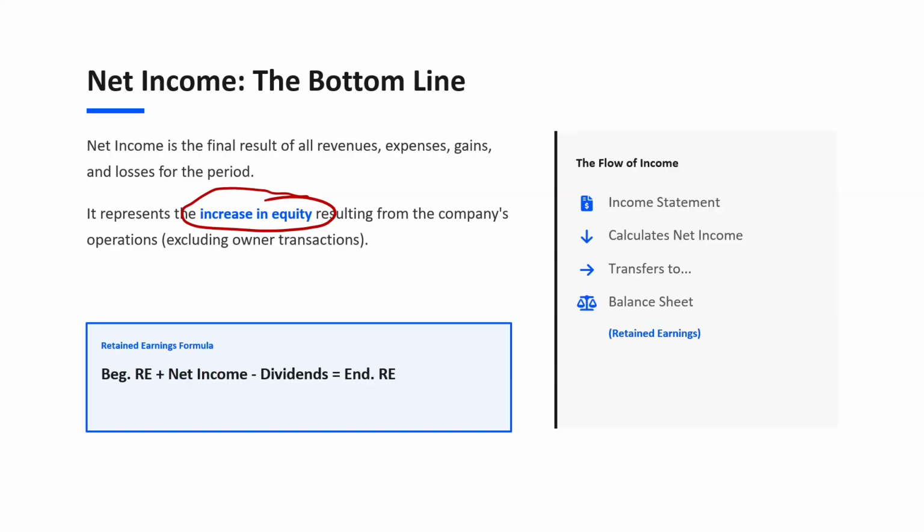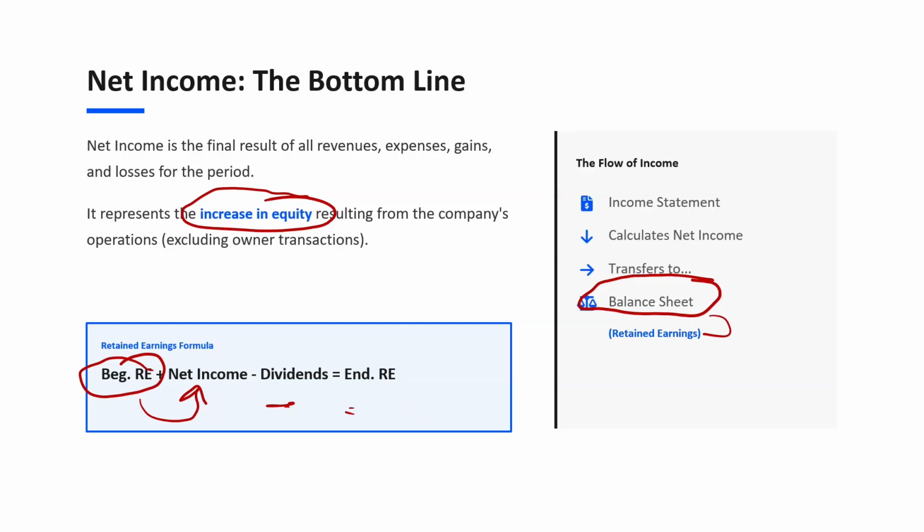But you can think of all the financial statements as interrelated. After we calculate our net income, it flows to the balance sheet as retained earnings. And how does it go? We basically have the initial beginning retained earnings, then we add the net income. If the company declared any dividends, we deduct the amounts, and the final amount goes as ending retained earnings